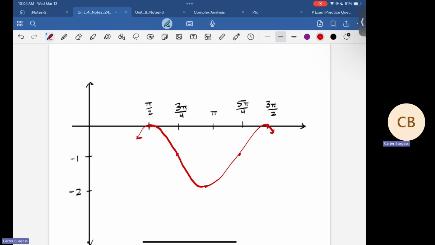Like, the period is pi, right? The distance between pi over 2 and 3 pi over 2 is pi. I didn't use that though. What we do to the period models what we're about to do. So the thing that we do to the whole space, think about it like we're taking something that fits into